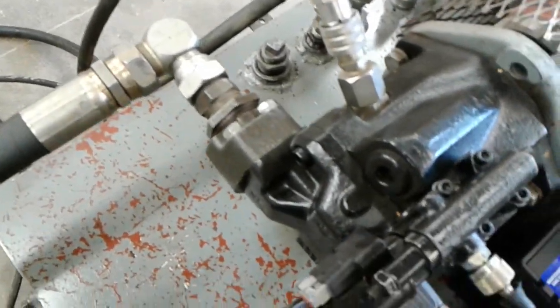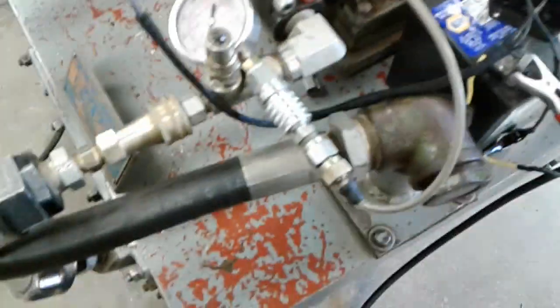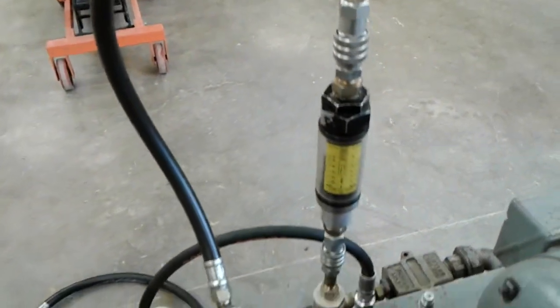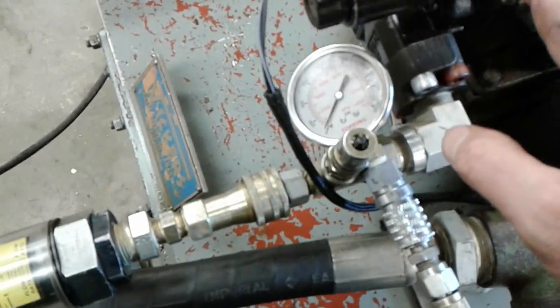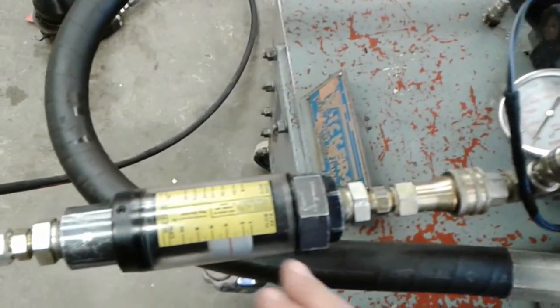So that's, in a nutshell, how that system works. And just while we're watching this system operate, we should take a look at this other flow meter I've got in the case drain line. I'm just going to increase my load sense signal again. Start this pump up. So again, the pump is de-stroked now because I have very little load sense signal, and I've got some flow